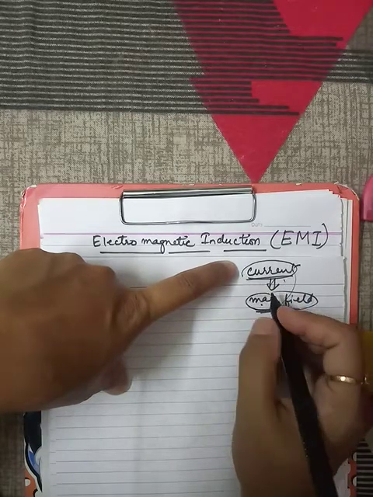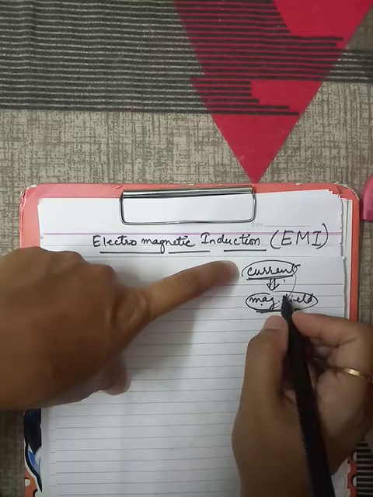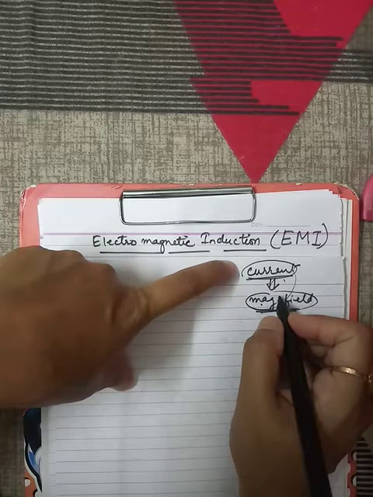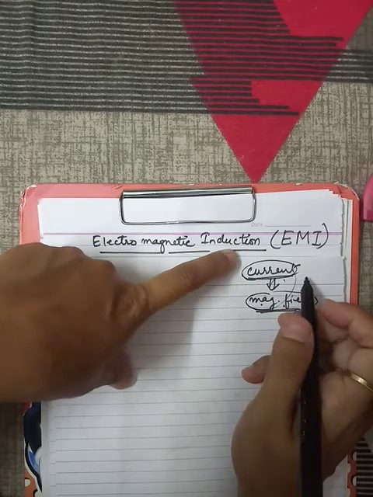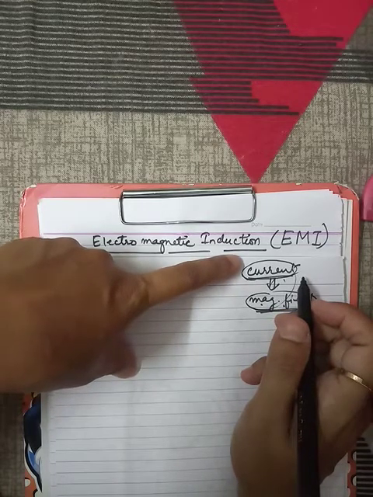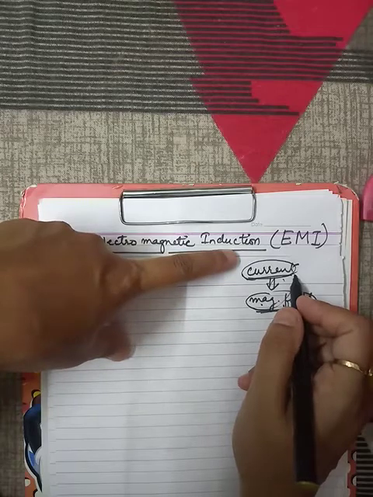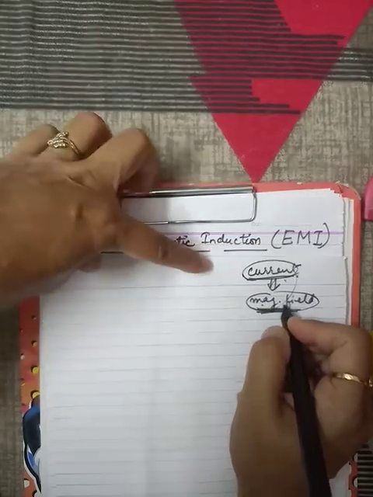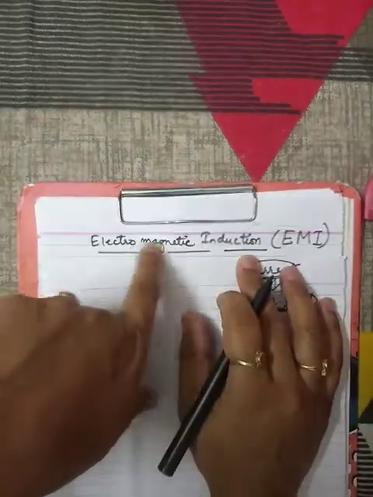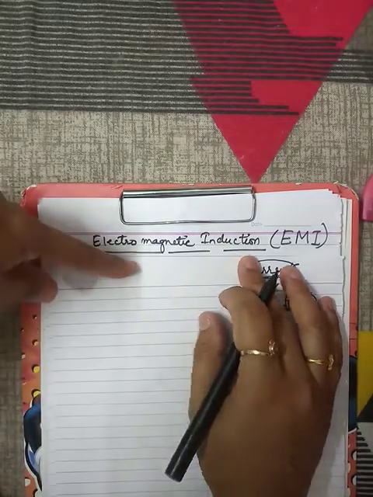So if it is possible, this is very beneficial for us for industrial purposes, because the usage of electric current is very high in our daily life. Usage of electricity is very high, so it is very important that we can produce a new electric current by some method. So what is that method? Because of the magnetic field we can create that. How can we create that? This is the topic in which we will study how we can create that.